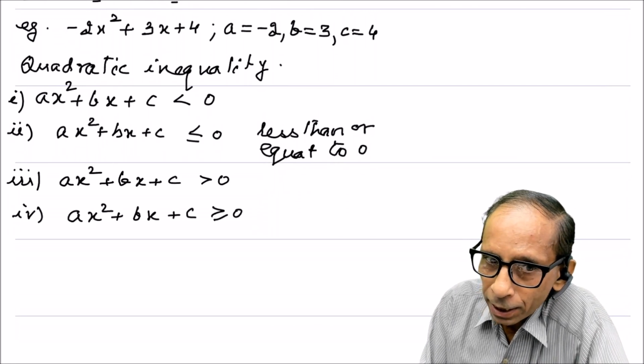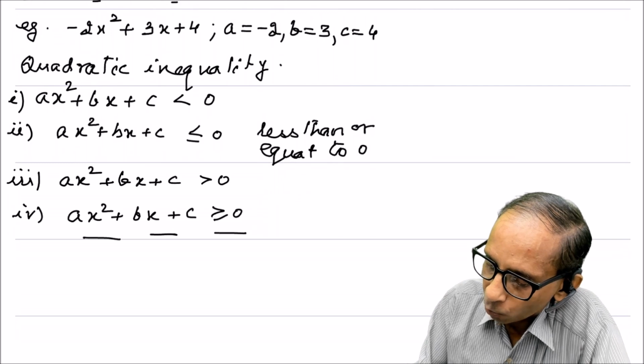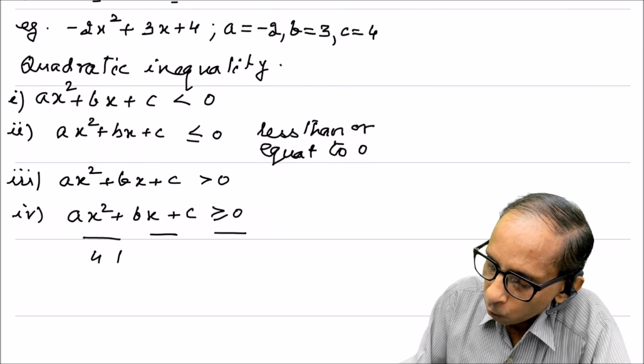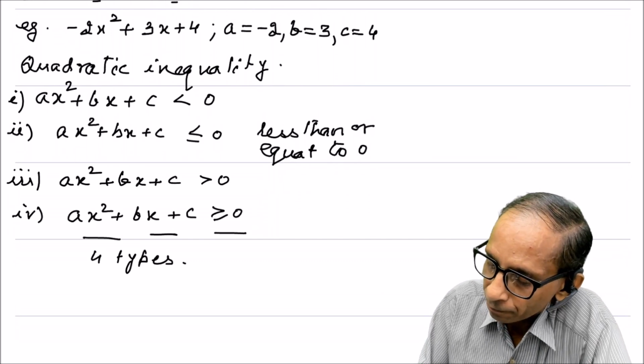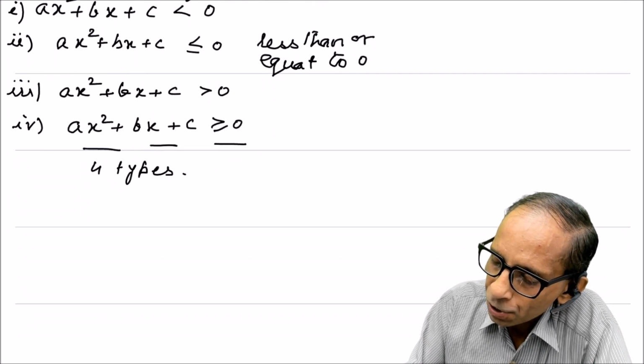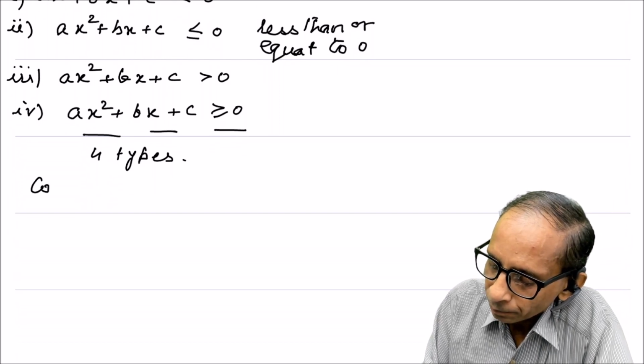We'll be considering these four types of quadratic inequalities one by one, starting with the simplest one. So before we start with these things, we have to consider